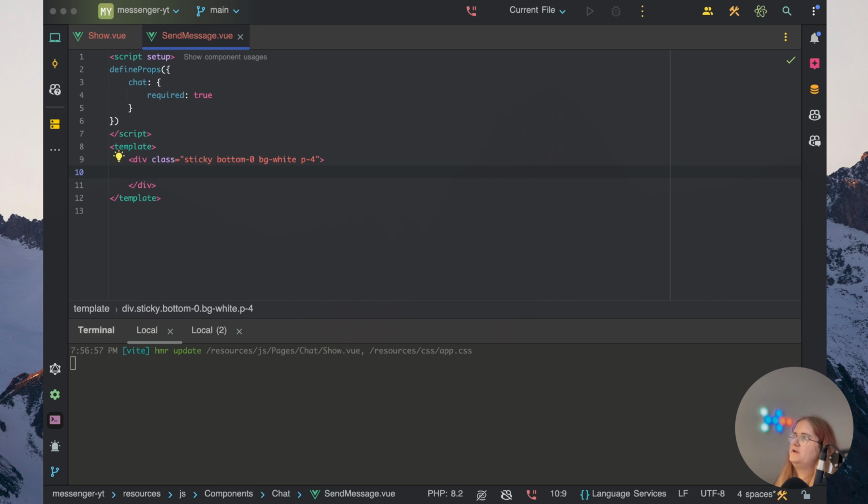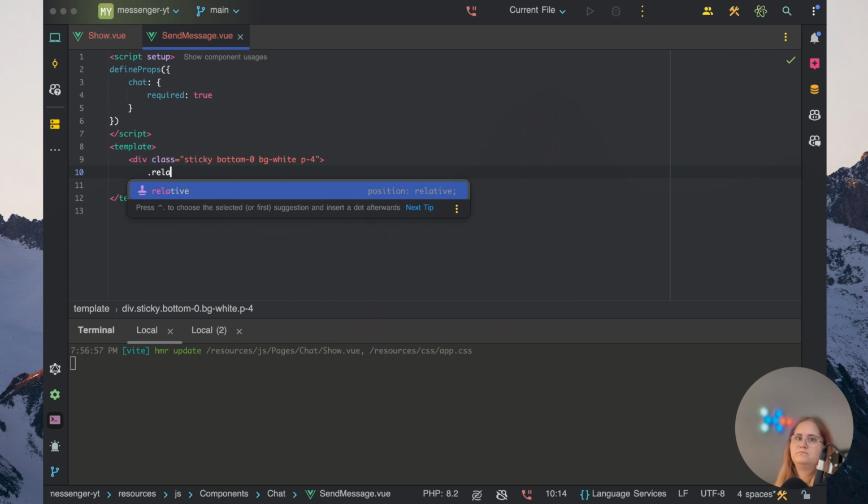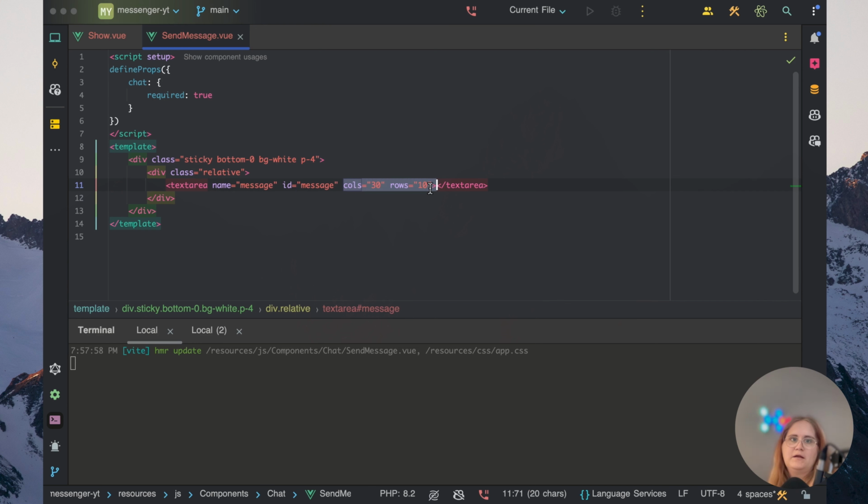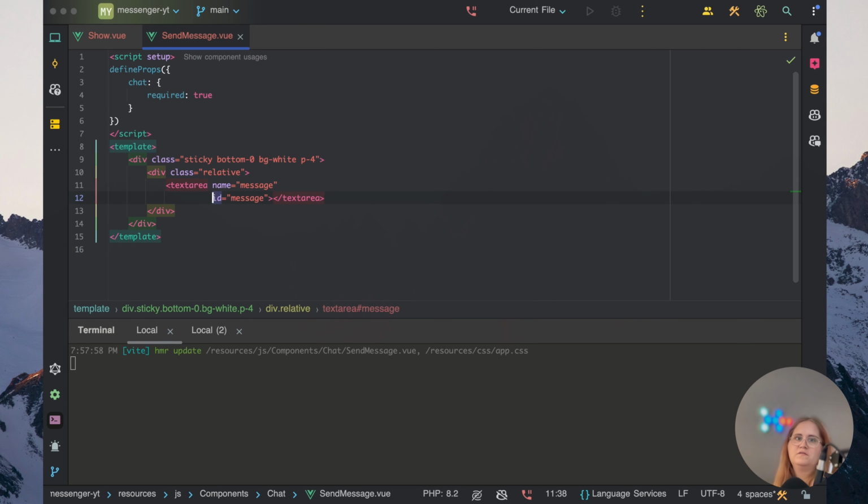We also want in here to have a relative, and we want to have a text area in here where the name is going to be message. The ID is going to be message. We can ignore the rows for now. We want to have these on each side here, so like this. And we also want this to have